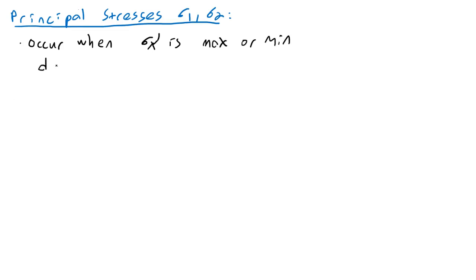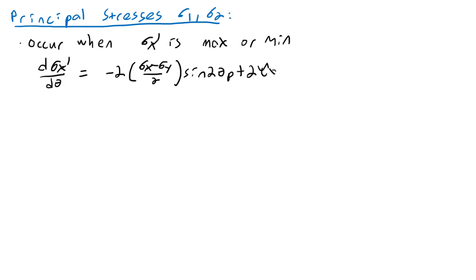So d sigma x prime over d theta equals -2 times sigma x minus sigma y over 2 times the sine of 2 theta p plus 2 tau xy cosine of 2 theta p,